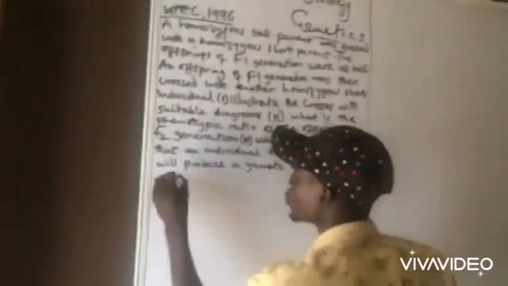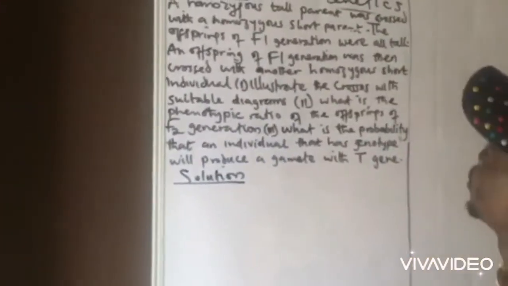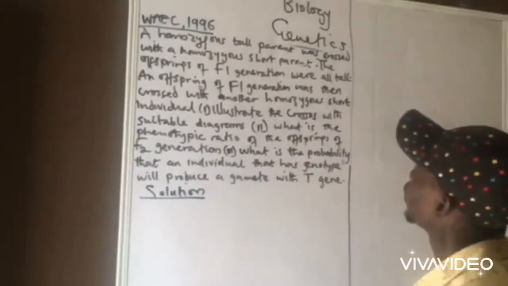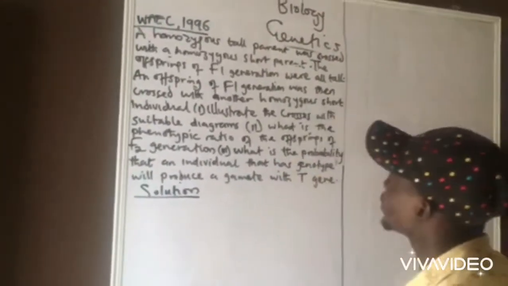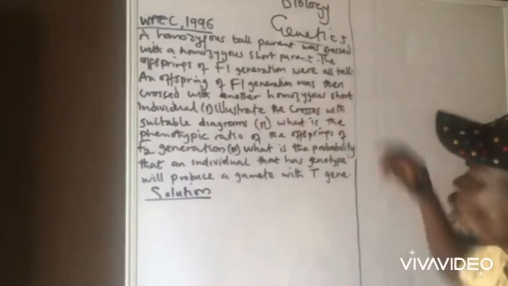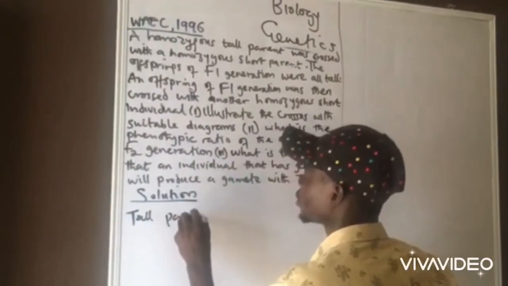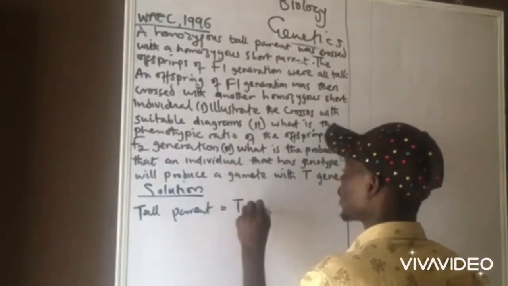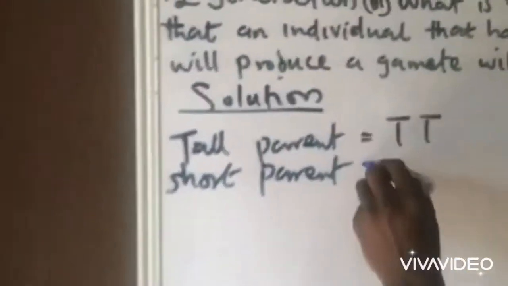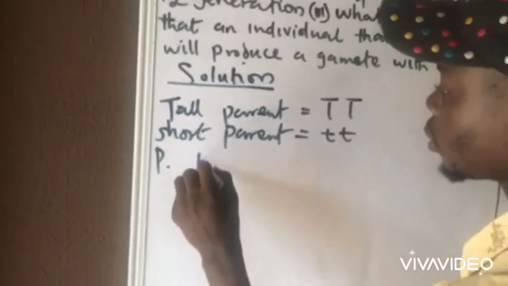So when you see, we are going to use something to denote our genotype. So we have the tall parent. They said that the tall parent is crossed with the short parent, and all F1 generation were tall. So that means the tall parent is dominant. Tall parent is represented by capital T, while short parent is represented by small t. So we have a crossing between